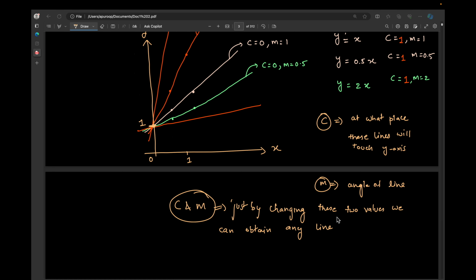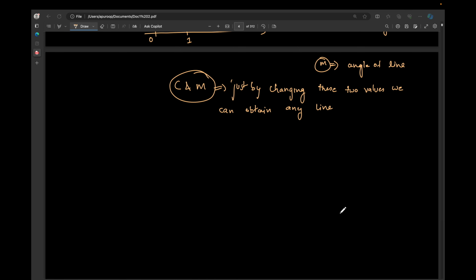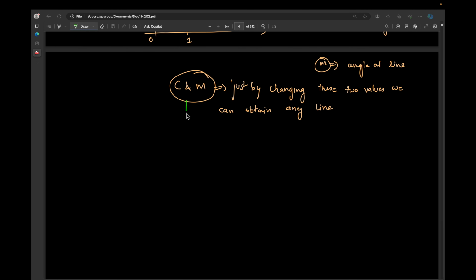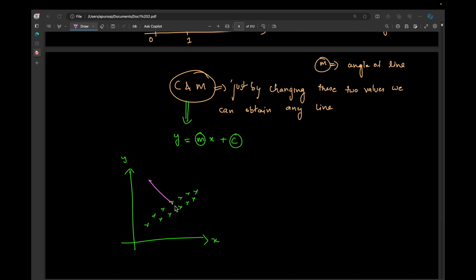So as we can change these and obtain any line, we'll leave it to the model. We'll give a generalized equation to the model, that is our hypothesis, y equal to mx plus c, and we'll ask the model to adjust these m and c values so that the line will be some optimal line. So if you are taking an example of some x and y, and our data is looking like this. Okay, so let's say this is our data. For this data, initially this might be the line that is drawn by the machine learning algorithm,